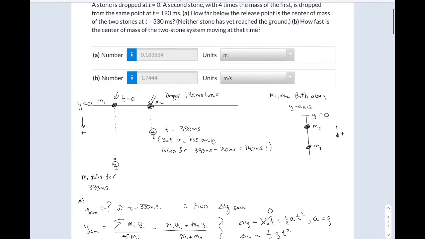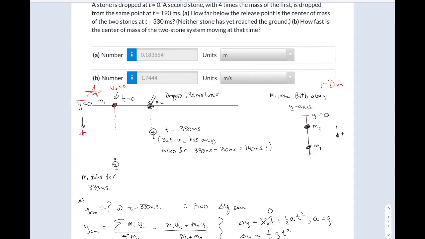So basically you have two stones or two rocks dropped. This is a one-dimensional problem. So one rock is dropped, the other one's dropped on top of it. But to make my picture easier to see, I drew it like I did over here. So this is my y equals 0, positive direction is down, right? And at time equals 0, this one's dropped from rest, so v initial is 0, and m1 falls